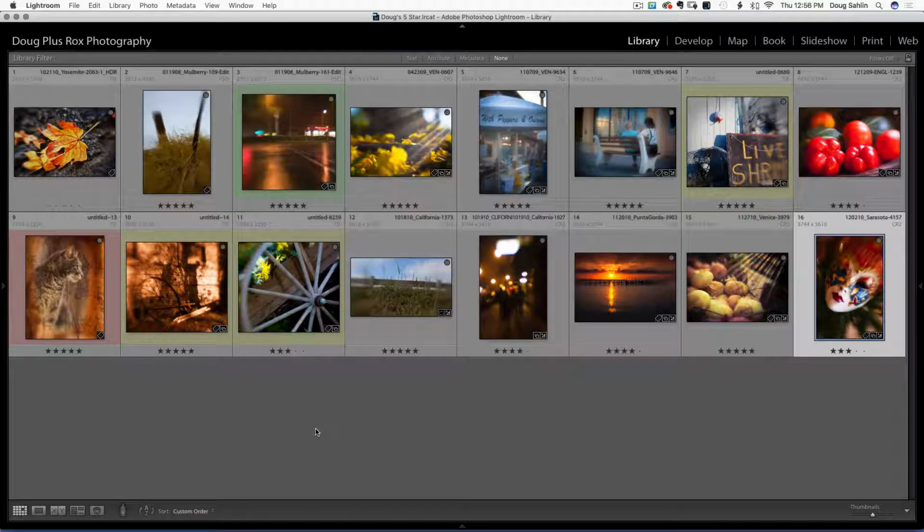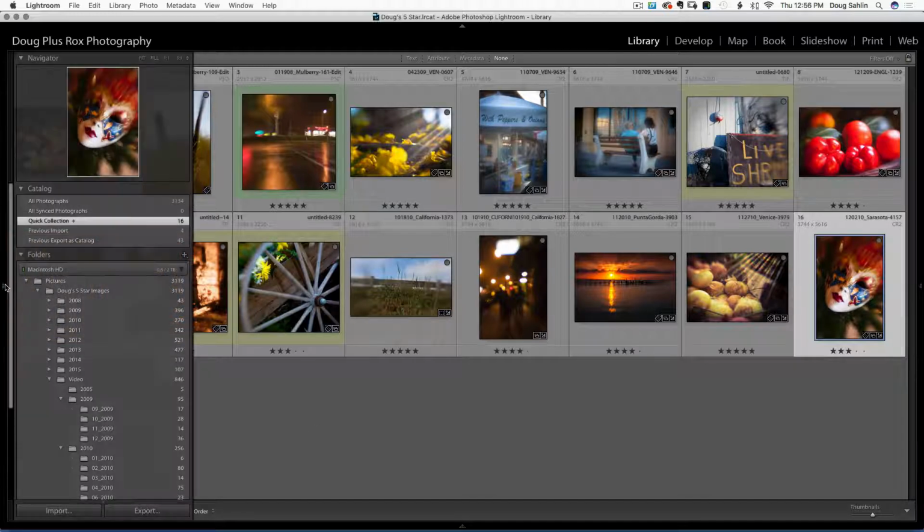A very handy way to share your photographs with either a client or another photographer who was on the photo shoot with you is by creating a PDF document, because just about every computer in the world I know has software to open a PDF. So the first thing I do when I'm going to create a PDF to share with somebody,